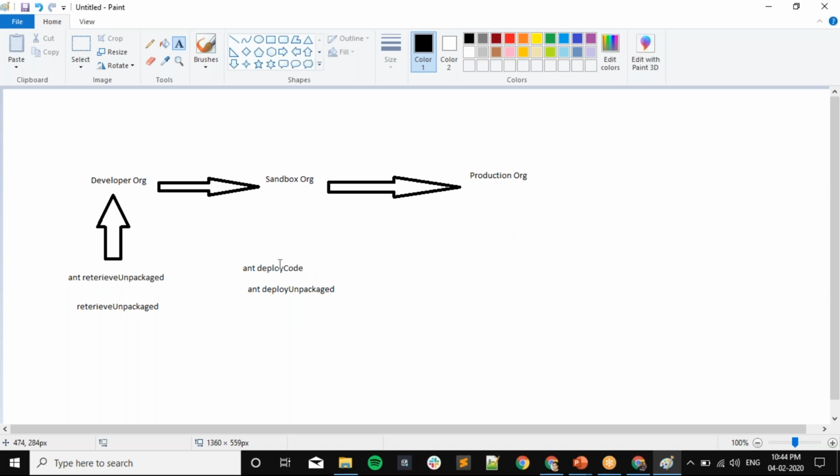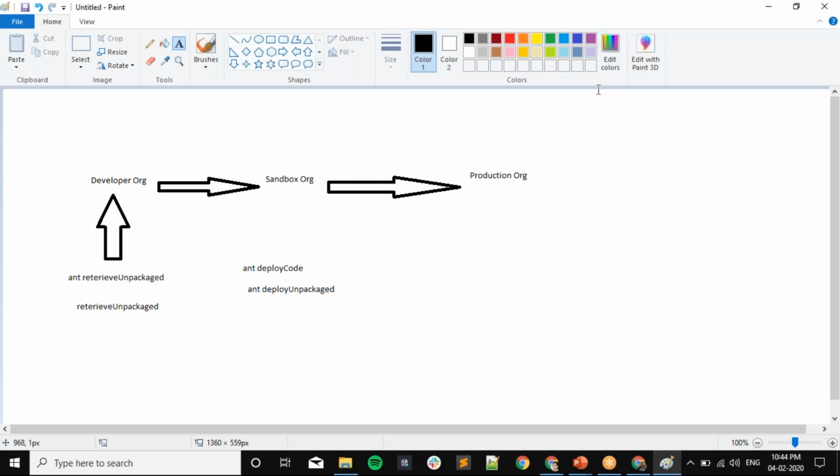If you don't have any test class, then you can simply use deployUnpackaged and it will be deployed to production. From there you don't need to write anything. You don't need to go to outbound change set and inbound change set and deploy. That is a very simple tool.